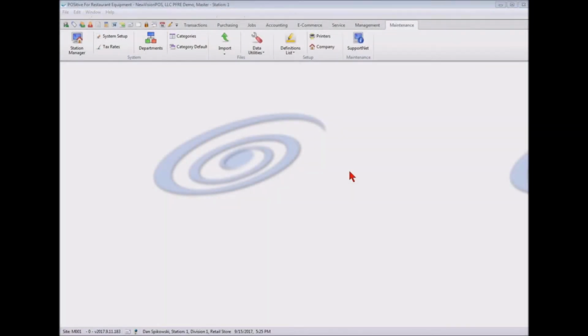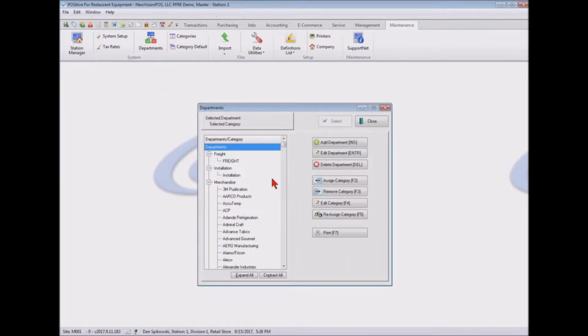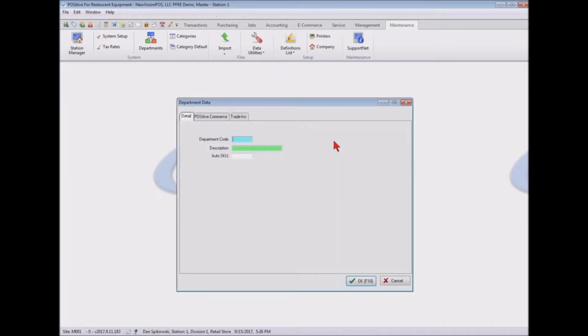We're going to be discussing our departments and categories in this video. So from the Maintenance tab, we select Departments. As you can see in the departments, these are the departments, these headers, and these are the categories that are in those departments. You can add a department by clicking Add Department, and you can call this department AQ,